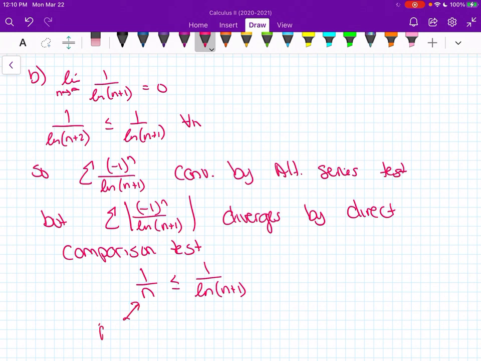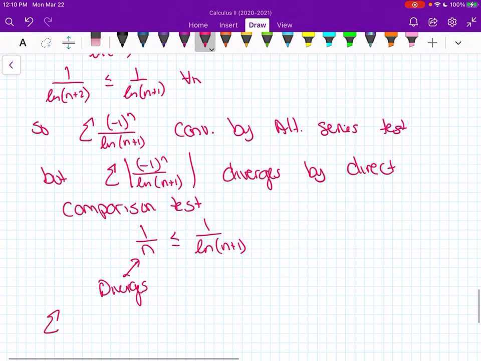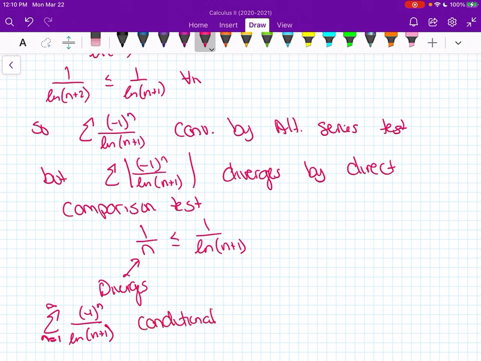And since the smaller series diverges, it implies the larger series also diverges. So in this case, I would say that my original series from n equals 1 to infinity of (-1) to the n over the natural log of n plus 1 conditionally converges. All right, that is all I have for you today, so go ahead and try